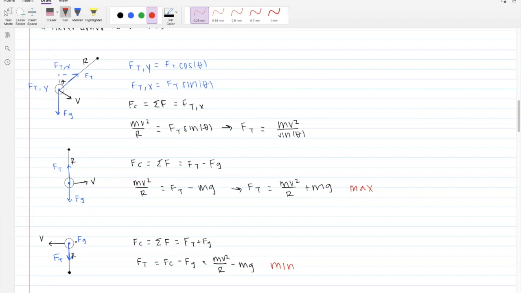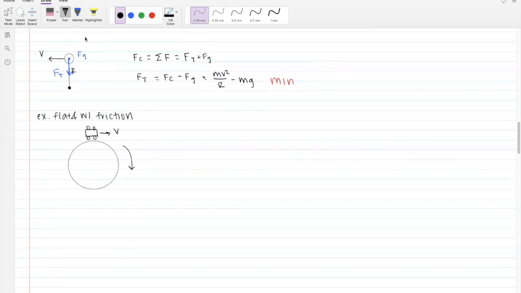So this is the minimum amount of force of tension that you'll experience in this string. This is the maximum force of tension that you'll experience in the string. Oh, and I forgot an R here. This is the force of tension that you'll experience in the string when the ball is at some sort of angle. All right, now let's look at an example where we have some sort of object, let's say a car,